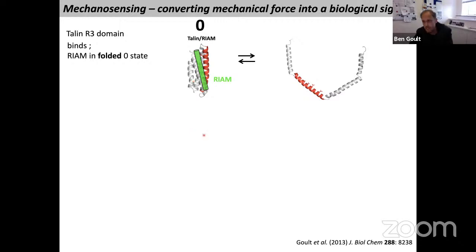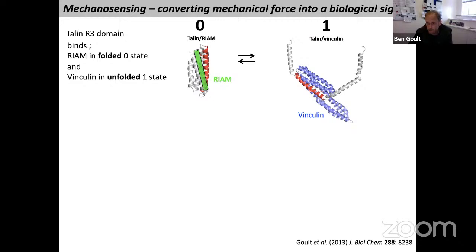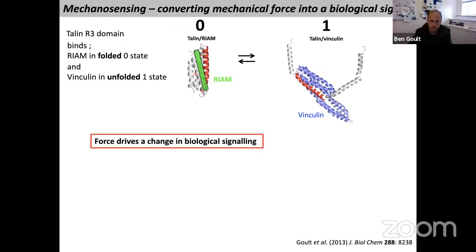mechanobiologist, because this immediately pointed to how you could convert forces into biological signals. Because what was already known about this molecule was that in this unfolded state, it bound to this protein vinculin. So this is the initial recruitment of vinculin, which was mapped out a few years before. But what we could now see was that the vinculin was being recruited only in this one state, but that was simultaneously severing the link to the Rap1 signaling. So as we pulled on this molecule, we changed the signaling in the cell and the signaling on that individual talin molecule.